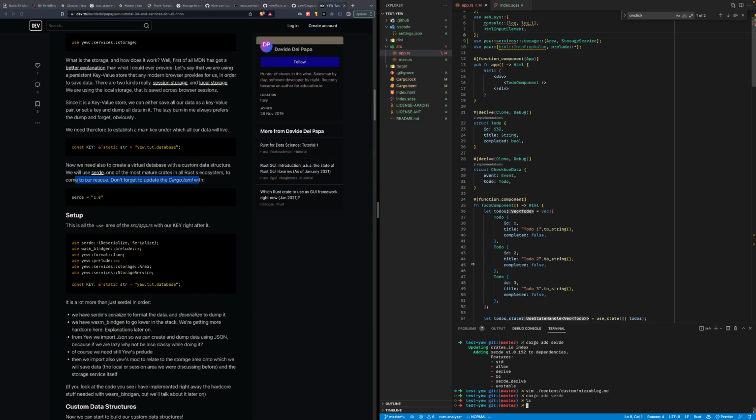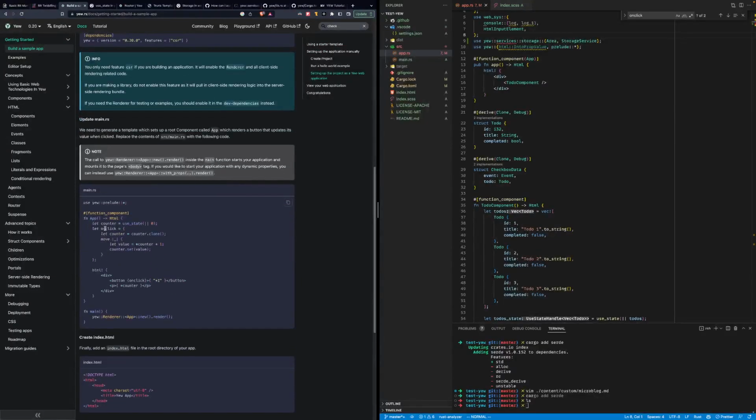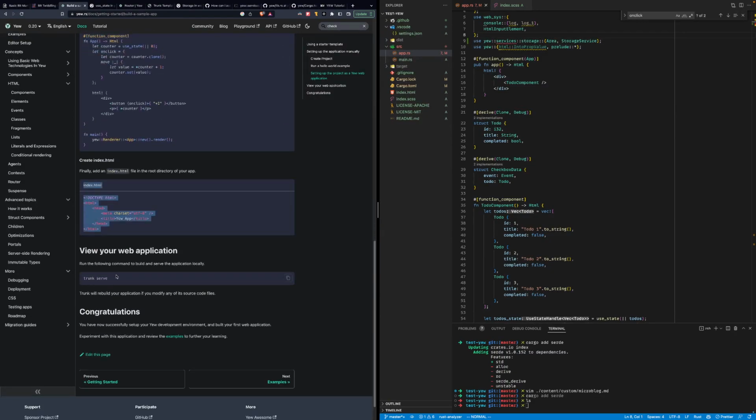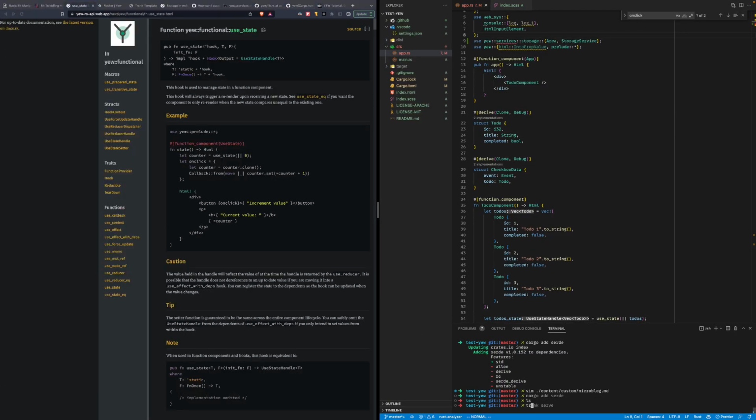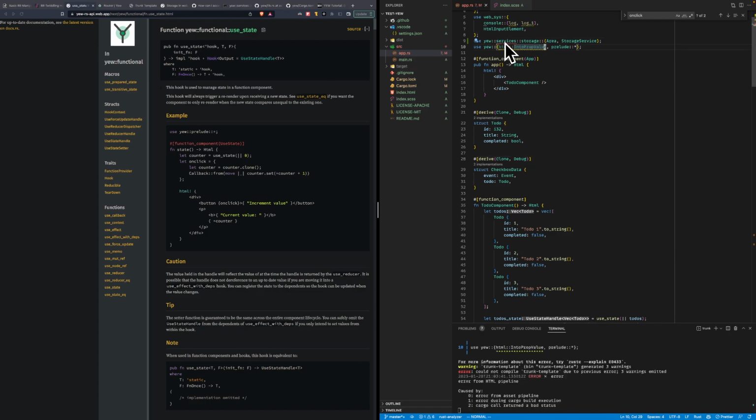I forgot the command here. Okay. How can I import services? I wonder.